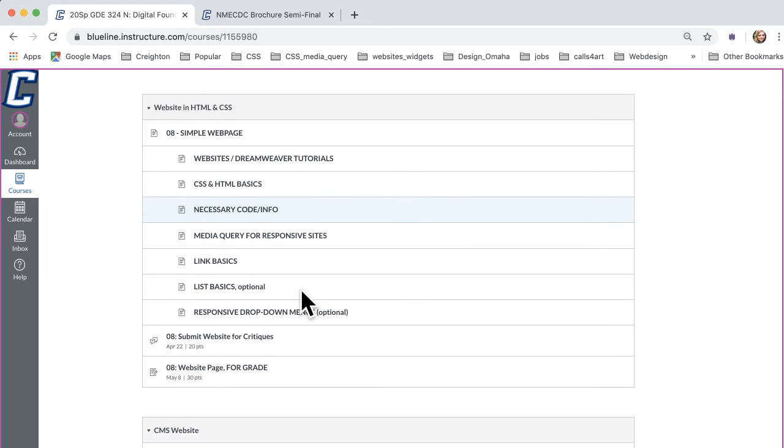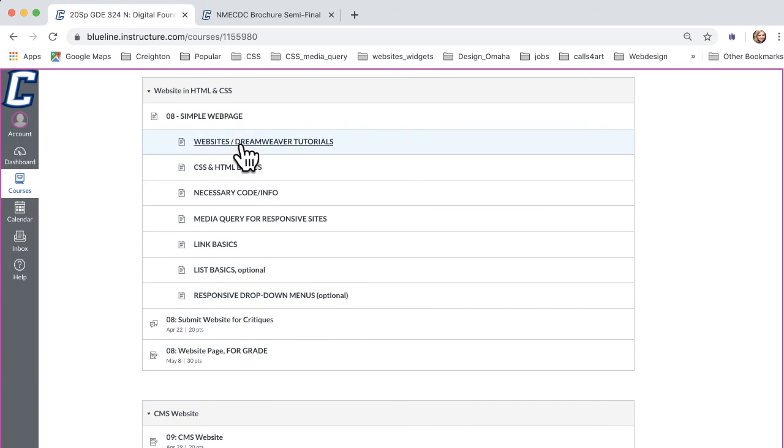And then the last two are the website ones. It seems like a lot of content, but these are rather short things to look at, and I have videos for them as usual underneath the websites and Dreamweaver tutorials. So take a look at those. They are extreme step by step. All you're essentially doing is switching out colors, your photographs, and your logo. If you need help remaking a logo or making one at all, I can make one for you. Just tell me what text you need, because if at this point you don't have Photoshop or Illustrator access, that's where it gets a little tricky.